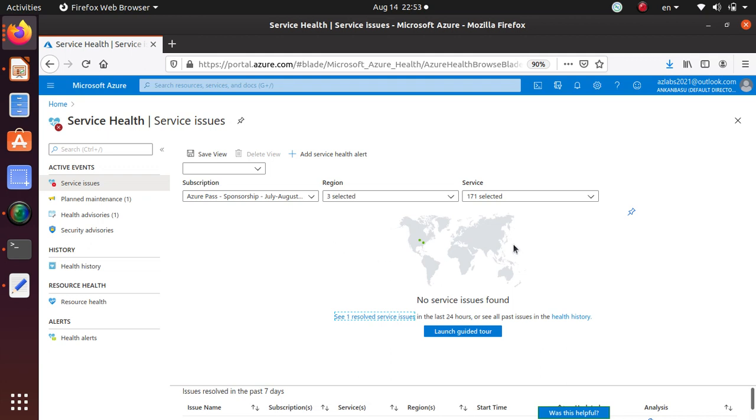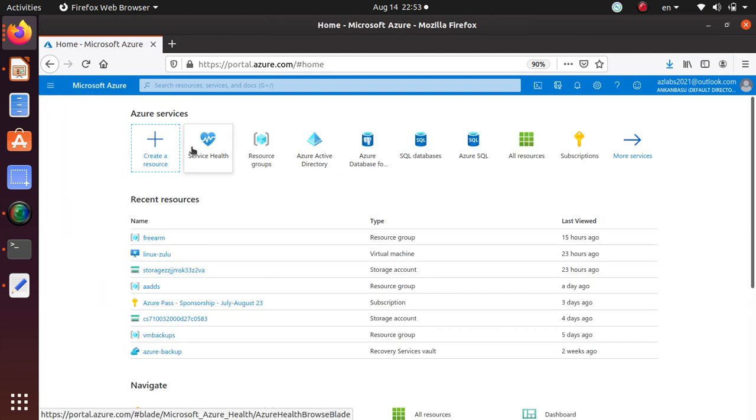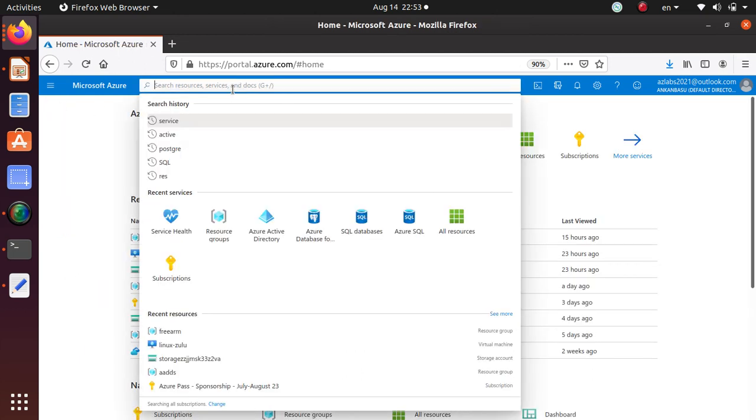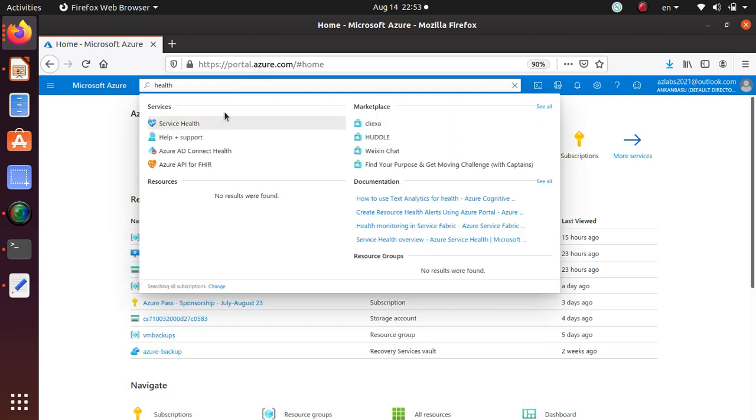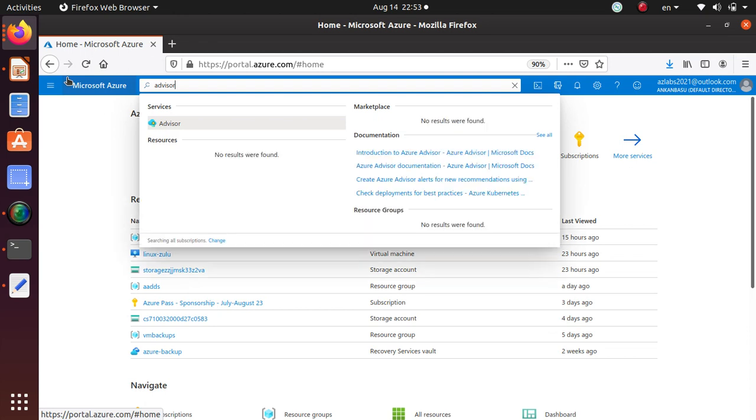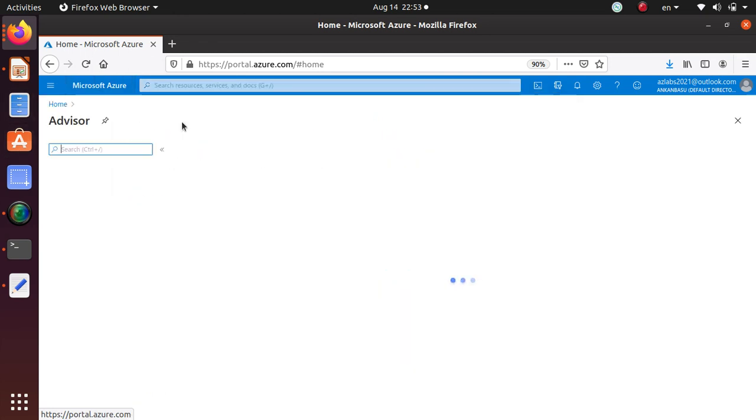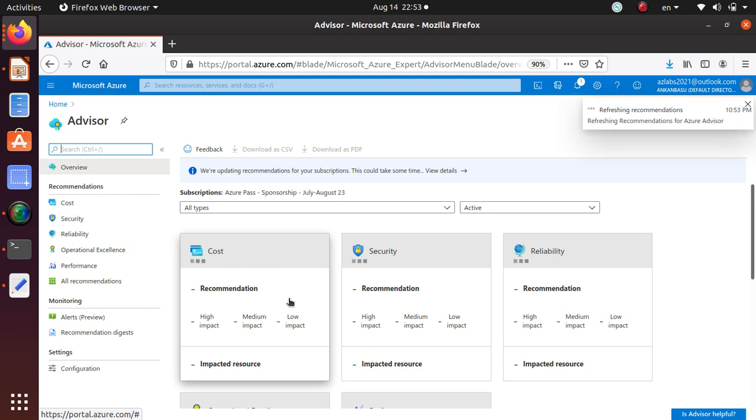Here is the map. So a lot of times what you will see, that if there's a service that's not working properly, then the map sometimes will tell you where you might have the problem. So let's come back over here and we look at the service health, and I'm just going to search for health and see if there's anything else that I need to look at. No, I don't think so, we're good. Advisor is probably another place that I would sometimes go to check if I have any recommendation based on the infrastructure that I'm using.